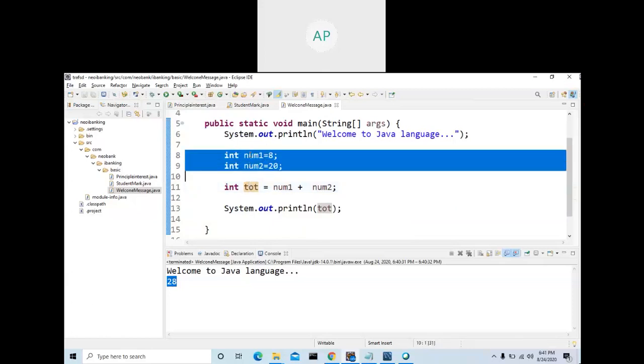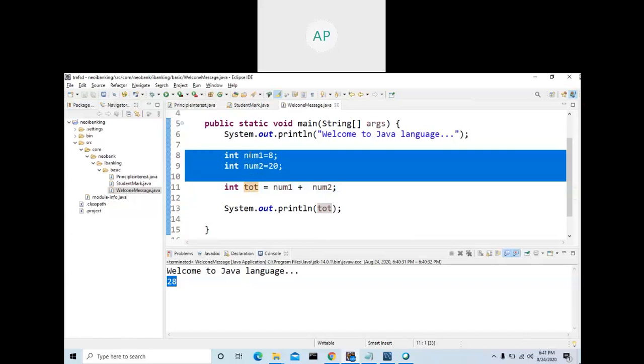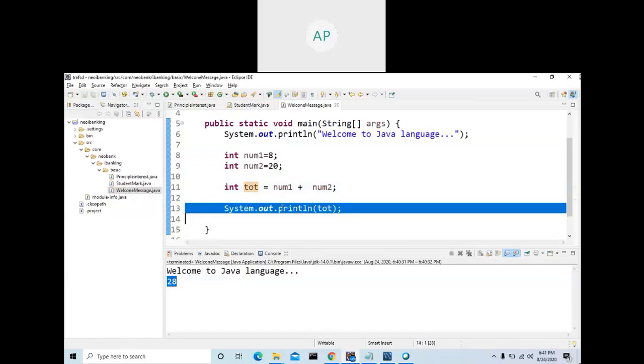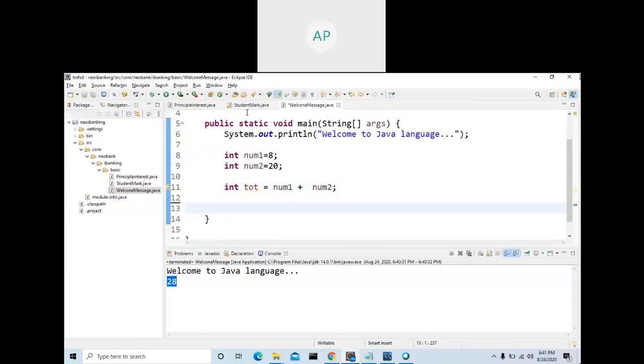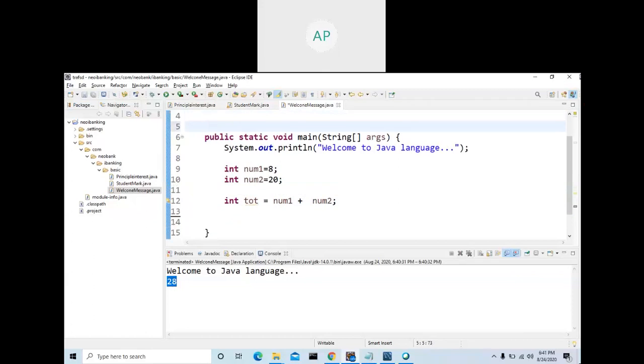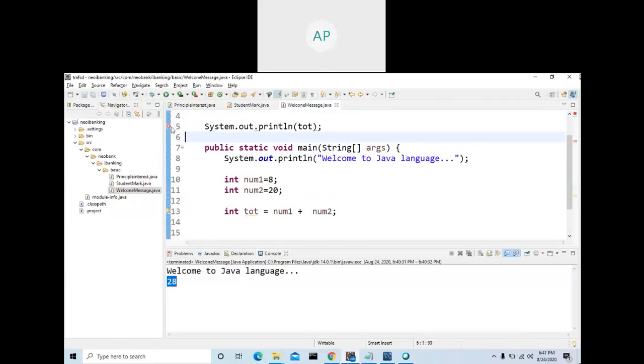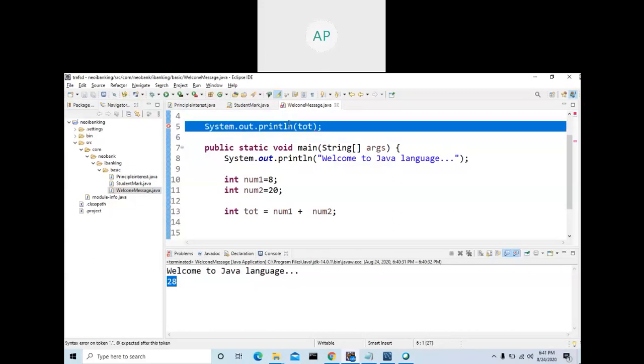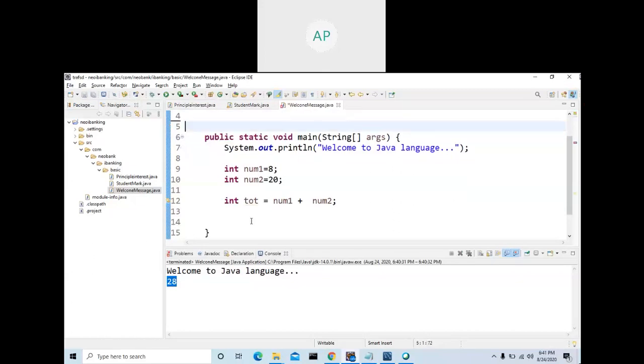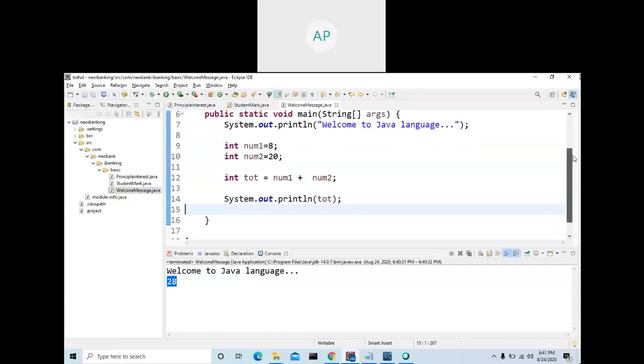Your variable declaration can be inside the method or outside the method. If you cut this one instruction and write it outside, see, you are getting an error. You should not write instructions other than variable declaration outside the method.